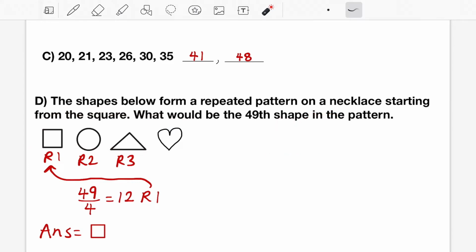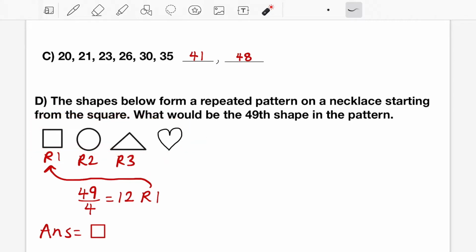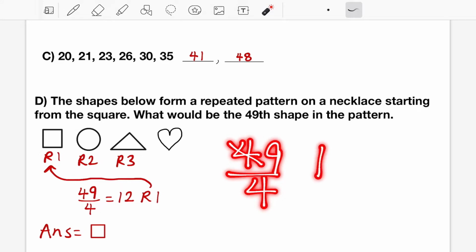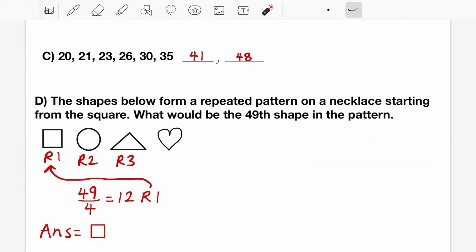So we count the amount in the core pattern, which is 4. And they asked us for the 49th shape. So we divide 49 by 4. We get 4 into 4 is 1, 4 into 9 is 2, remainder 1. So the remainder is most important. So we come from here and we start from the beginning, and 1 is the remainder, so this would be the shape. If the remainder was 3, then of course